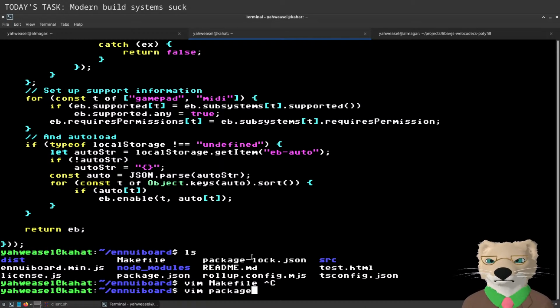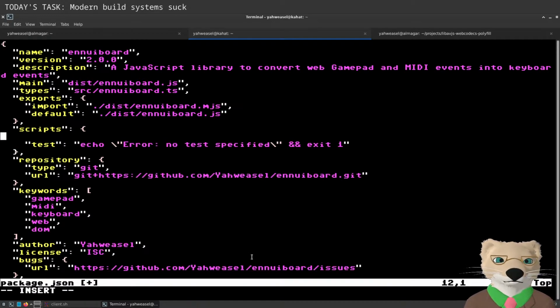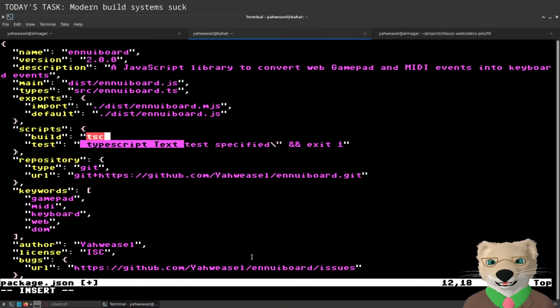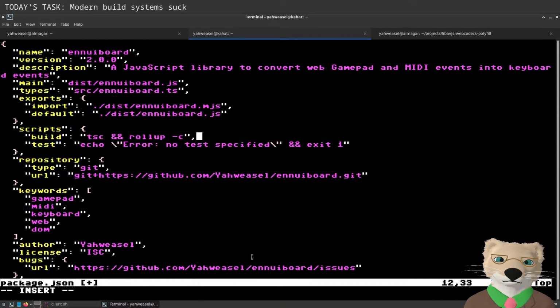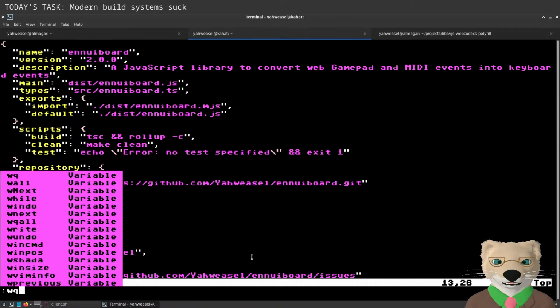Now, in the package config, I should tell it that to build, you do tsc and rollup -c, and to clean, you do make clean.